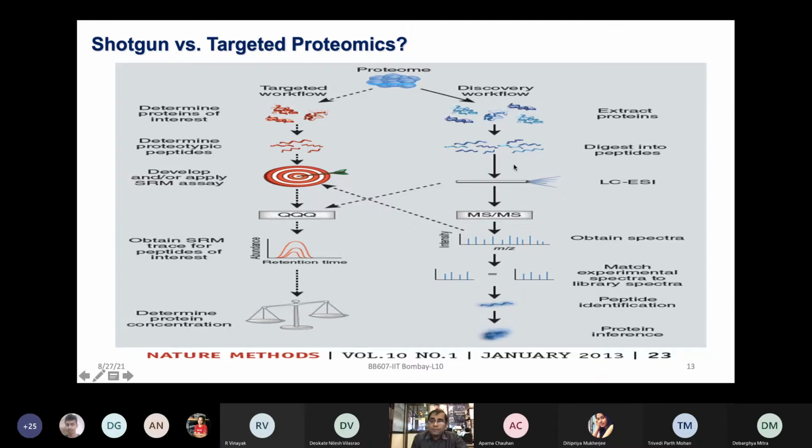Now, these peptides are the ones which you take forward either for the LFQ-based discovery experiment or for the targeted proteomics-based experiment, which is essentially known as selected reaction monitoring, SRM assays, or multiple reaction monitoring, MRM assays. The idea here is, in the complex peptide mixture, you are looking for every single peptide. You want to obtain all the spectra, look into all the possible matches of these peptides, and finally identify the proteins from this data.